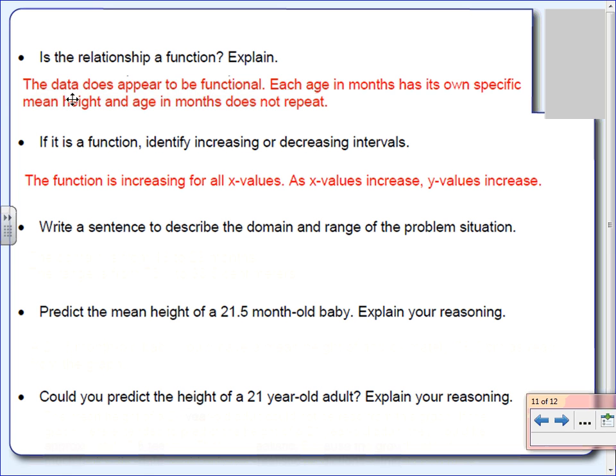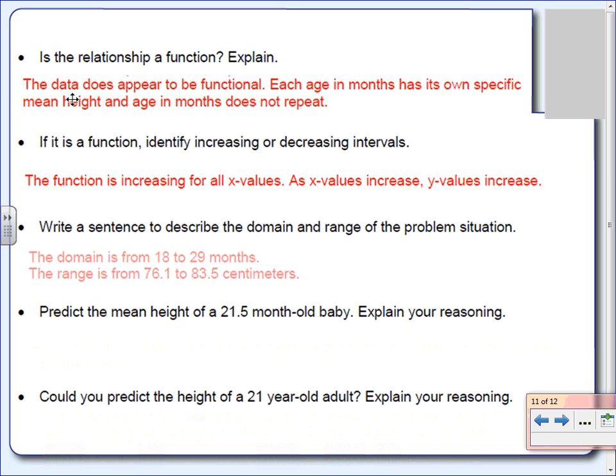Now let's be careful when we answer this next question. The next one wants us to write a sentence to describe the domain and the range for the problem situation. Usually when you're asked for the domain and range, all you do is write down the numbers. But this time they want me to write a sentence that describes the domain and the range. So let's take a look here. For our domain,